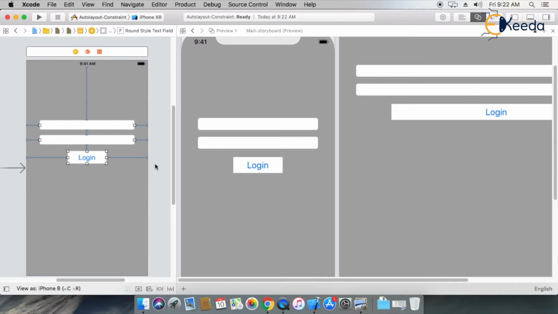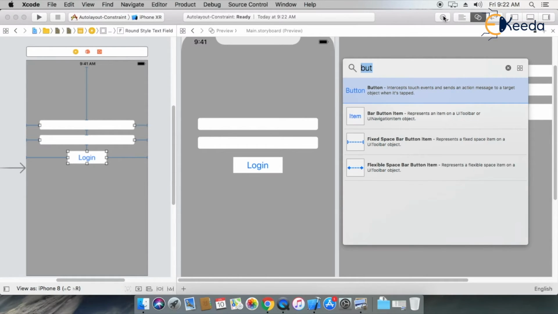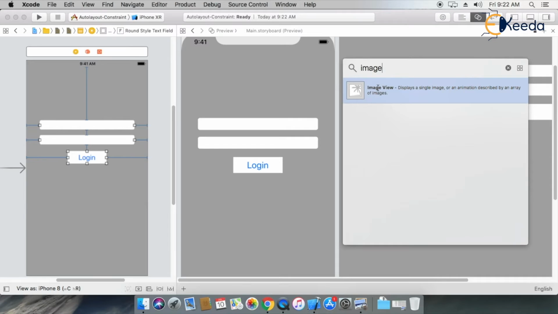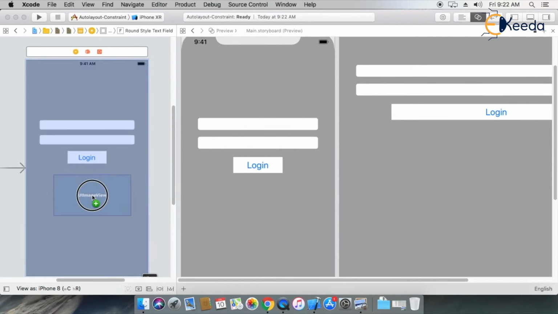So now this is the constraint. Now here I'm using a simple constraint according to my control requirement. Now let's try to implement some constraint with other controls. So now here I'm using one image view. For example, whenever you use an image view on your screen, at that time how to